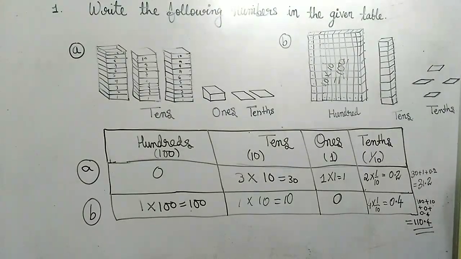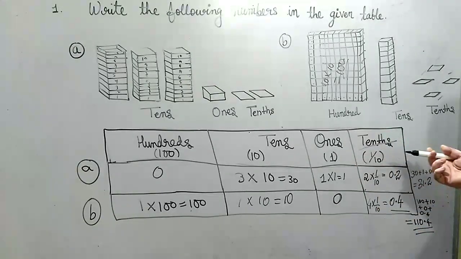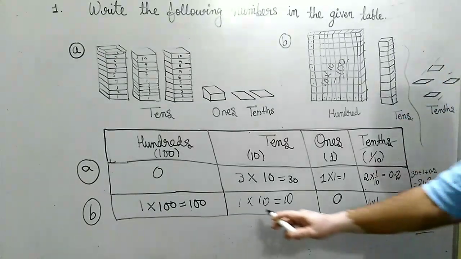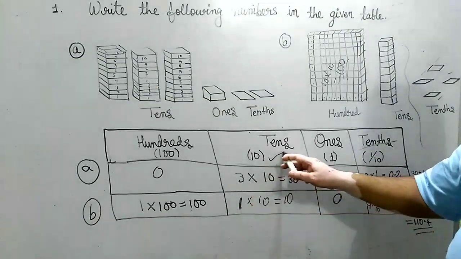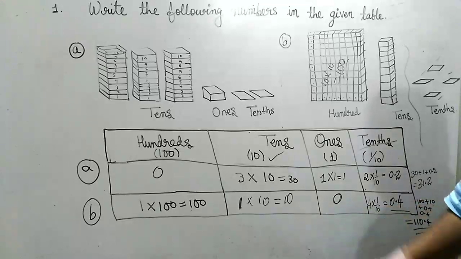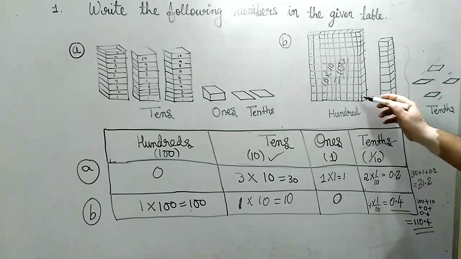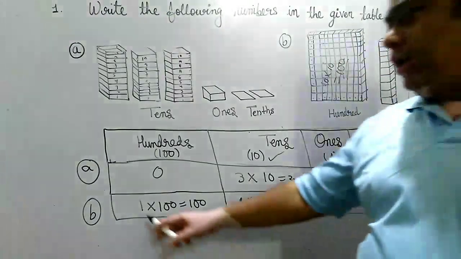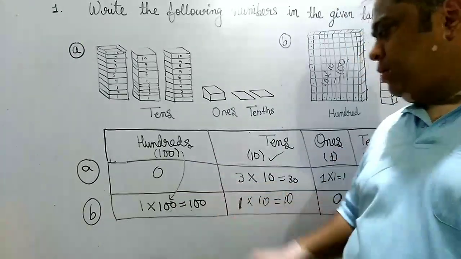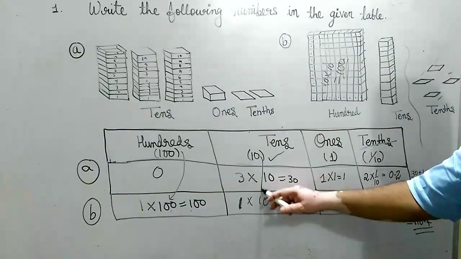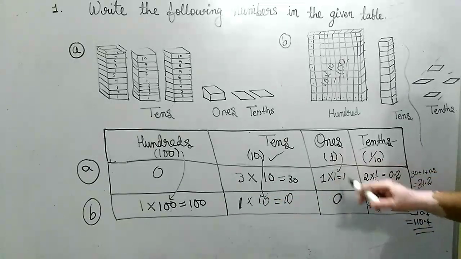Once more we will see. In tenths place there are 4. 1, 2, 3, 4. But they are in the tenths place. So multiplied by 1 by 10. So it is 0.4. In ones place there is nothing given. Then in tens place one column is there, so one column multiplied by its place value 10. So 10 are there. And in hundreds position one full box is there, and in which there are small 100 small boxes. So 1 into 100, and this 100 is coming from here. This 10 is coming from here. This one is coming from here.